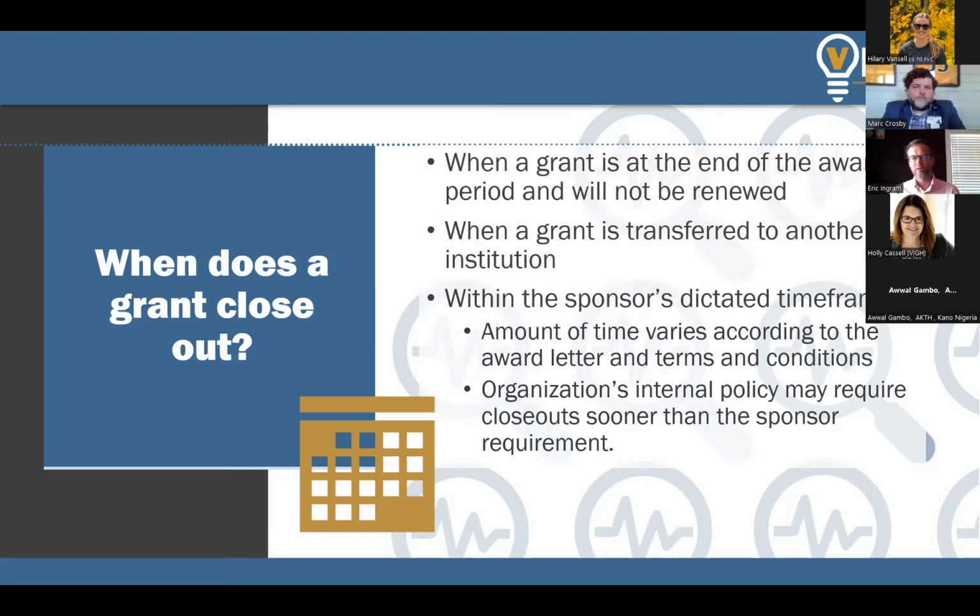So think about a closeout as almost like a final exam. Like I've got a high school senior right now, this is her final exam week. And so after 4 years of high school, she's going through and letting the teachers know what all she knew, what all she accomplished and learned as part of her time there at school. So that's really the basis of the sponsors asking for that report. It's about accountability, making sure that the funds were used how they should have been used and there was progress made. So in terms of when a grant closeout is due to the sponsor,